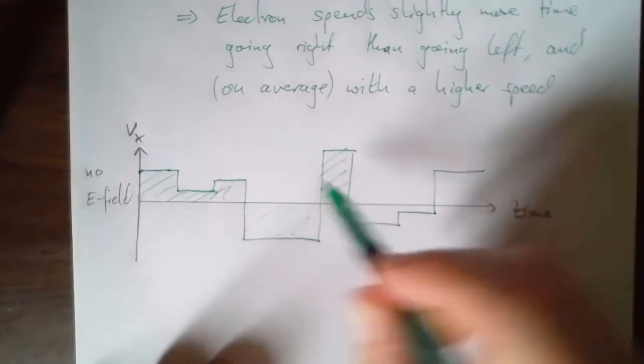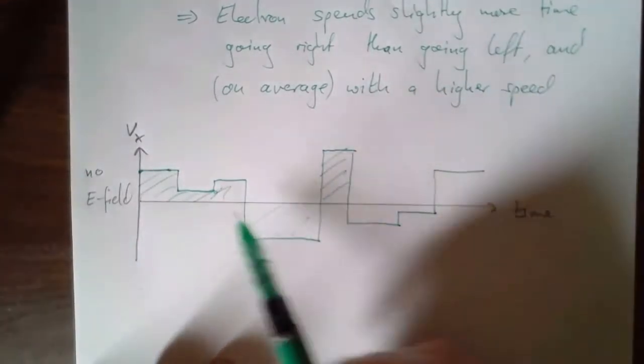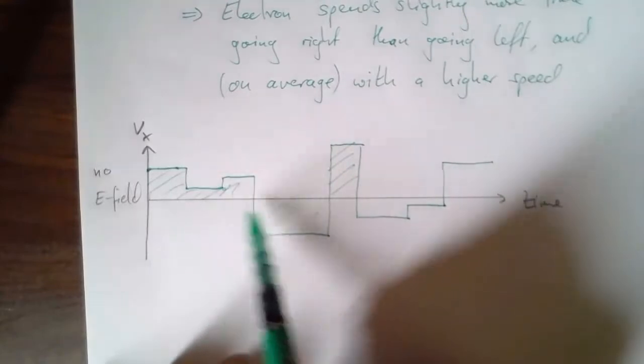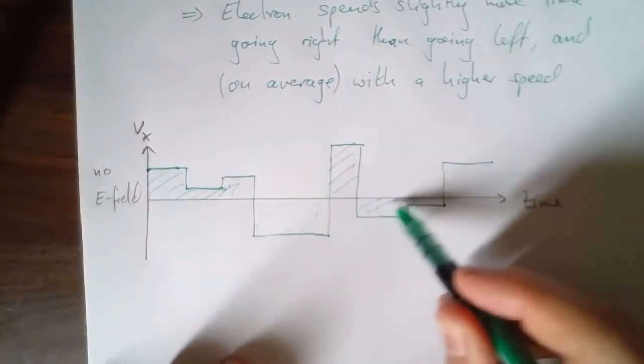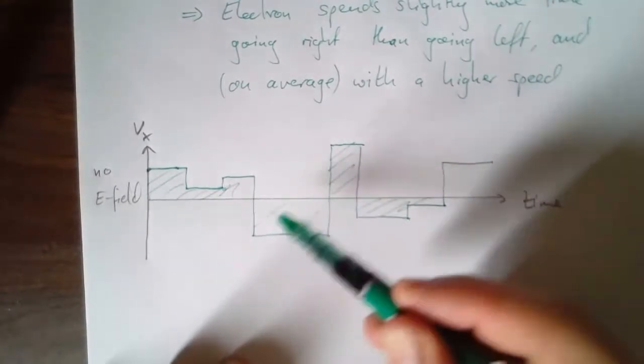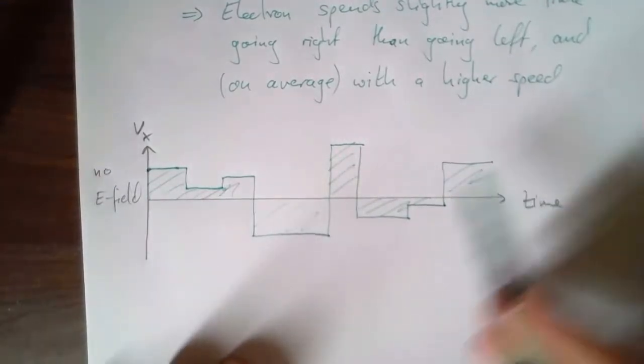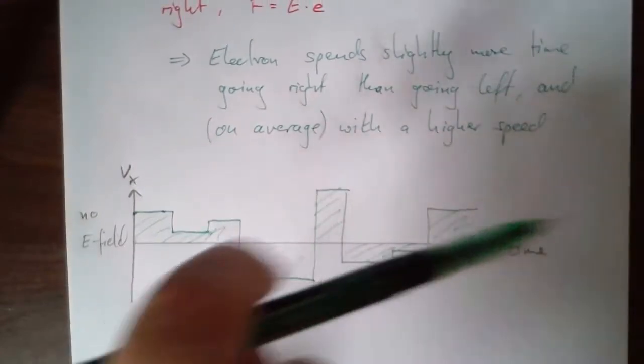Remember, on a velocity-time graph, displacement is given by the area under the curve, or the area between the graph and the axis. So if there's as much area above as below,